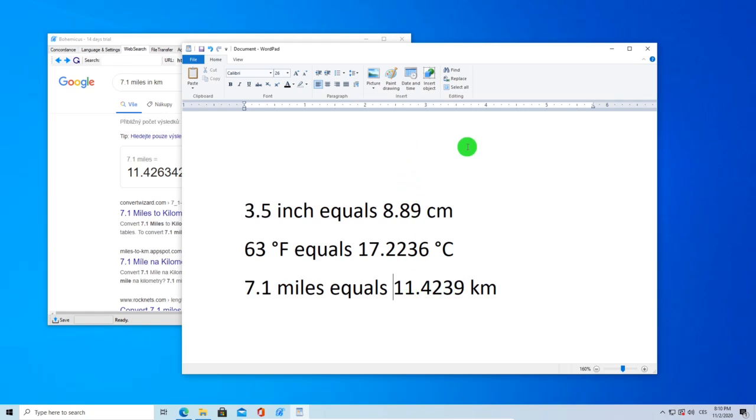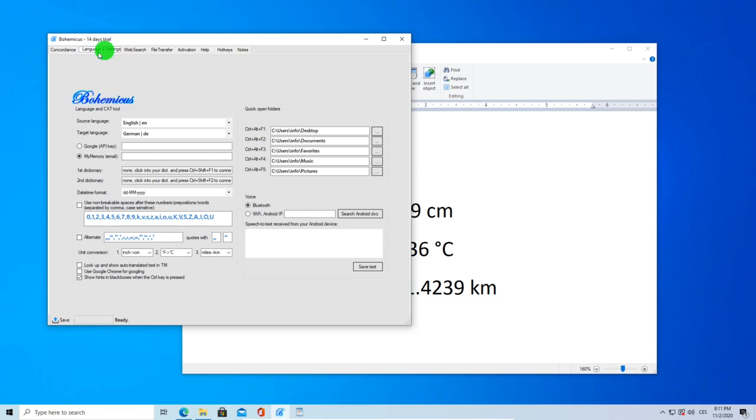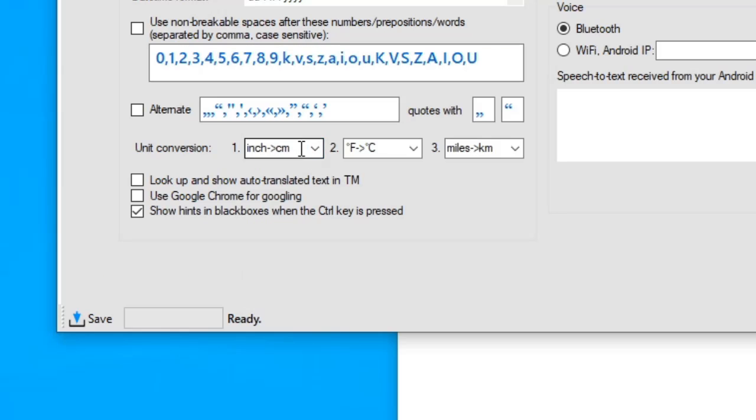Of course, all of this functions only because there is Bohemicus running in the background, and because I'm using this unit conversion function. As you can see on this language and settings tab, we have here 3 options. Option number 1, option number 2, option number 3, and each of these options is activated by a dedicated keyboard shortcut, keyboard hotkey. So as you can see, we have defined inch to centimeters for option number 1, but